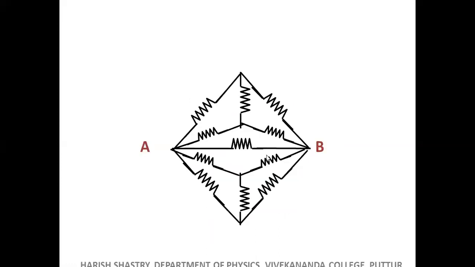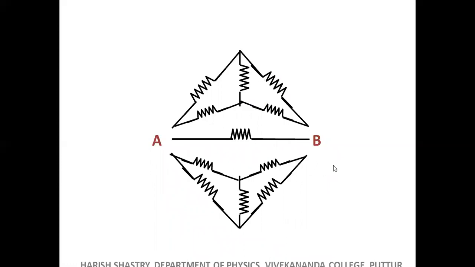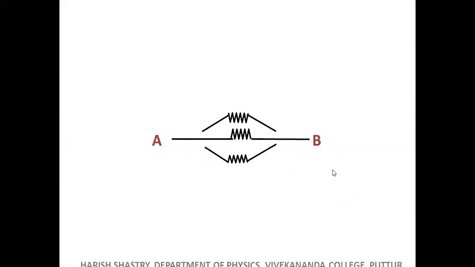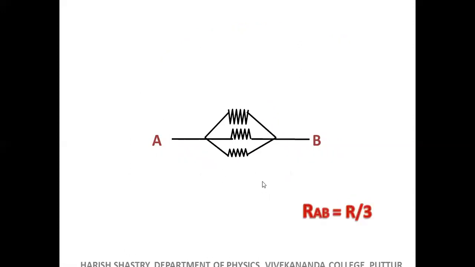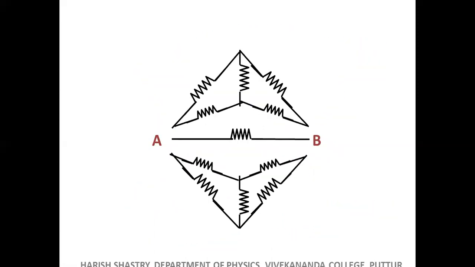But I can't treat this as Wheatstone's network. The problem is you don't have a galvanometer path here, but it is connected here. It cannot be so. So I'll remove them and replace them with R's, because all the resistances are R's. So the Wheatstone's bridge is replaced as R by 3. Very, very simple. This type of question has all the ability to appear in JEE, NEET, any type of entrance exam. But simply like a puzzle, you can solve this.